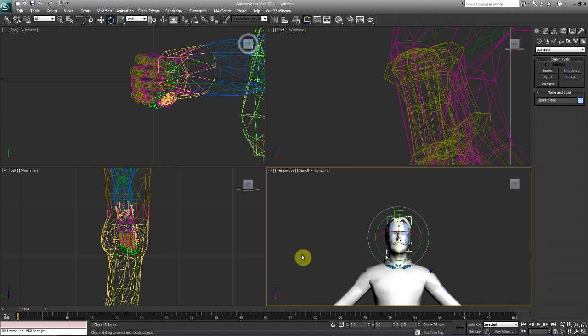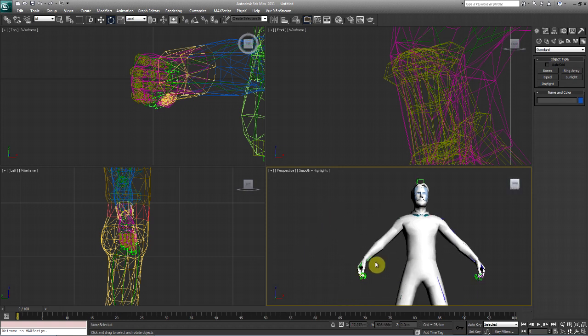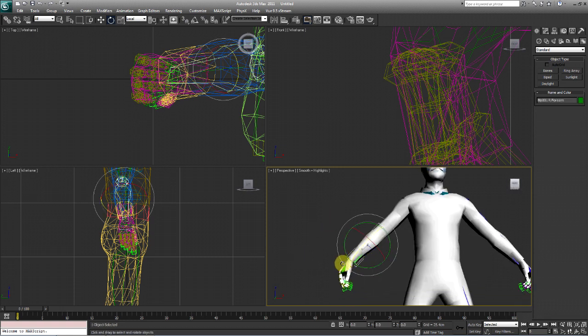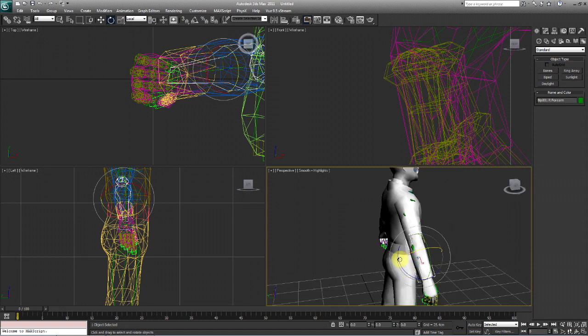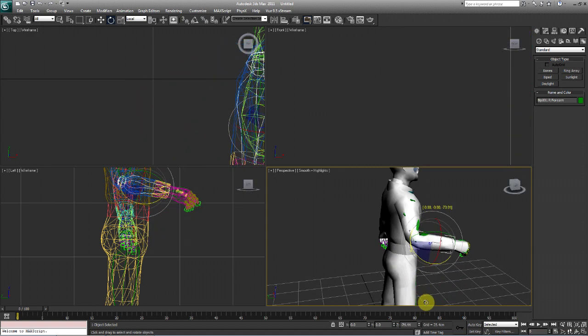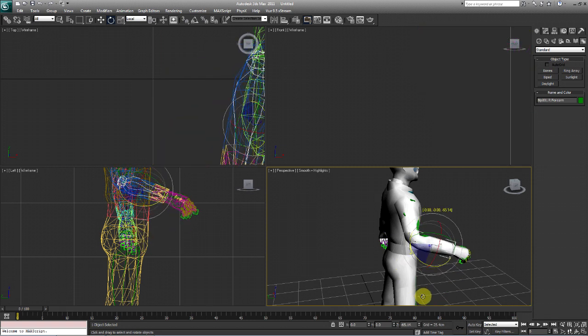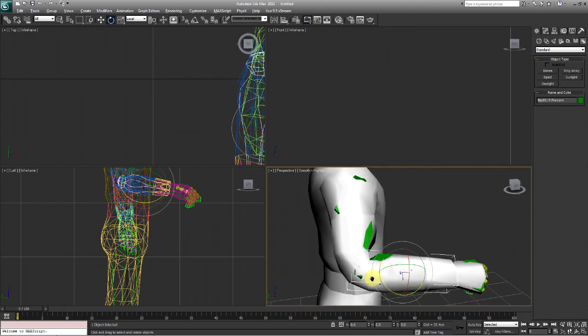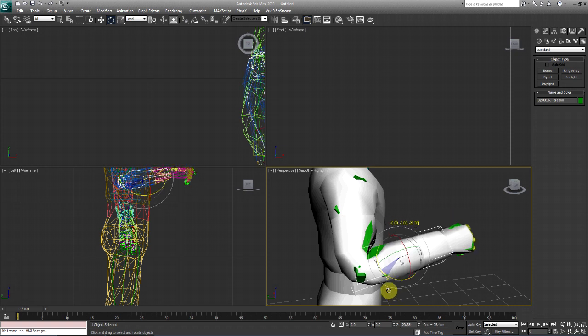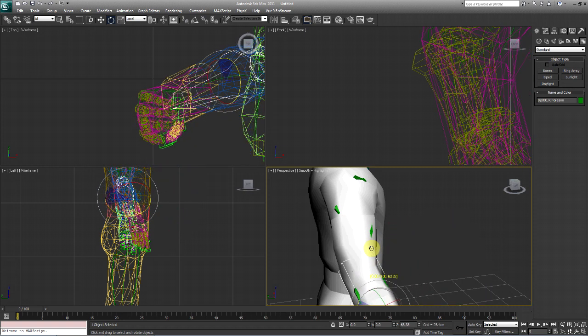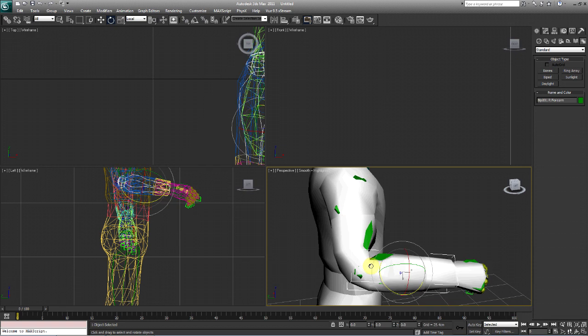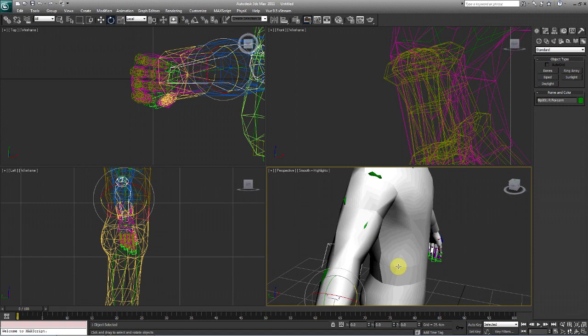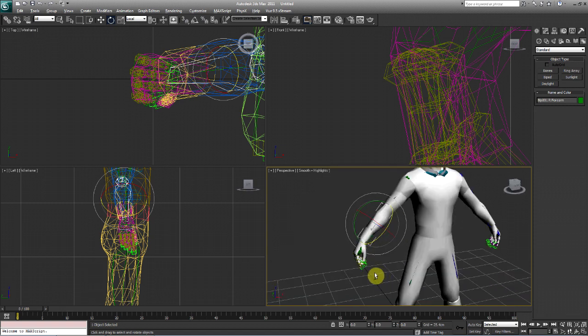So you're going to have to edit portions of the body. Let's look at another example. I'm going to move the arm. See how the arm looks pretty decent? It's not that bad. See how it creases right there? We can completely edit that and make it look smoother, so it doesn't look like a real arm deforming. You can change that yourself. It takes time learning this. Okay, let's take a look at the feet again.